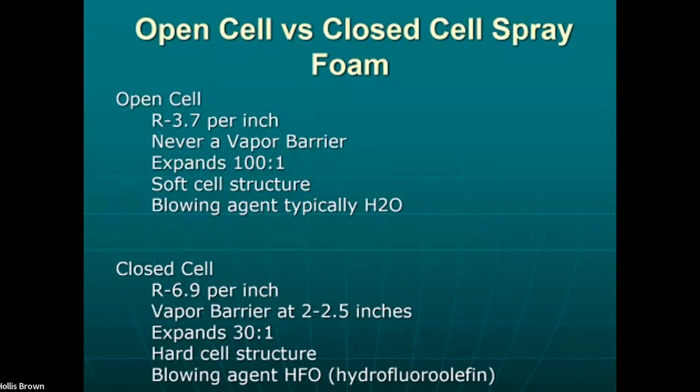And then the blowing agent, typically in most all open cells, is some form of water. That's what blows it out. Closed cell is 6.9 per inch up to 7.2 per inch. It is the highest R value of any product there is. It is a vapor barrier at 2 or 2.5 inches, depending on the product brand. It expands 30 to 1, and it has a hard cell structure. And its blowing agent is